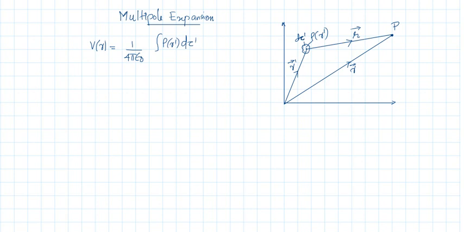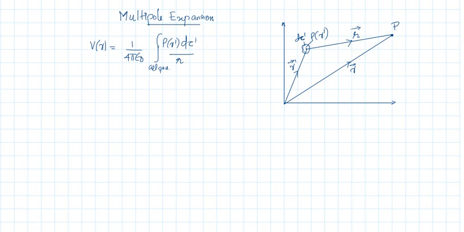The integral of rho of r prime d tau prime will give you the total charge, and this integral is over all space. You can have charge density anywhere in space, and you consider the charge density at this elemental volume, find the potential at P, then integrate over all space to get the total potential. This script R is also included in this integral. Script R will vary when you vary r prime, so this integral will run over all space.